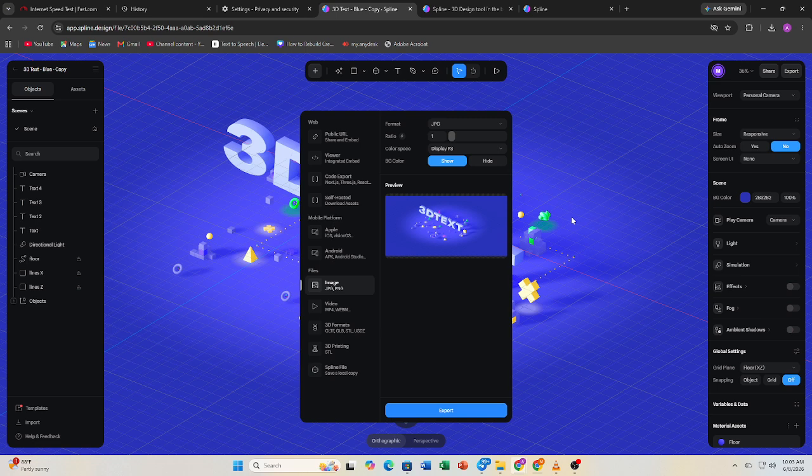This quick check can help you catch any issues before sharing or using the project elsewhere, and that's basically it. You now know how to download projects from Spline in 2026. Whether you're creating backups, sharing,